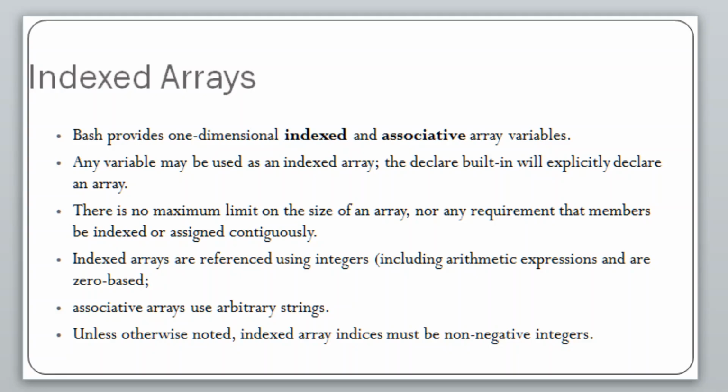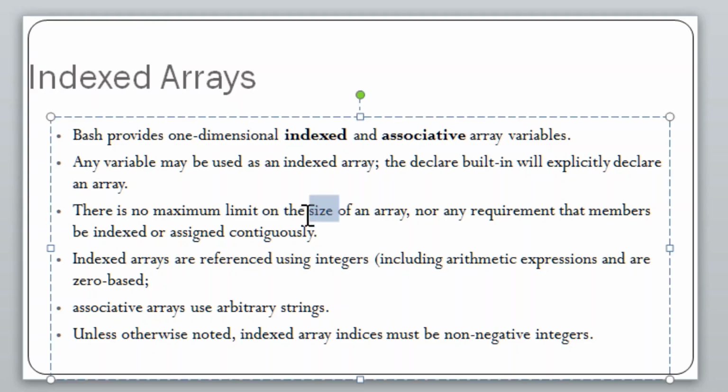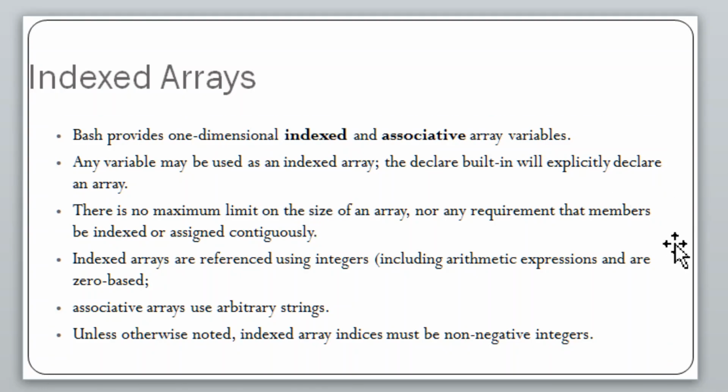Let's go ahead and spend a little bit of time on indexed arrays. Bash provides one-dimensional indexed and associative arrays. It's important to know that we distinguish the difference between Bash indexed arrays and Bash associative arrays. Indexed arrays are arrays in which the keys are ordered integers, while associative arrays are arrays in which the keys